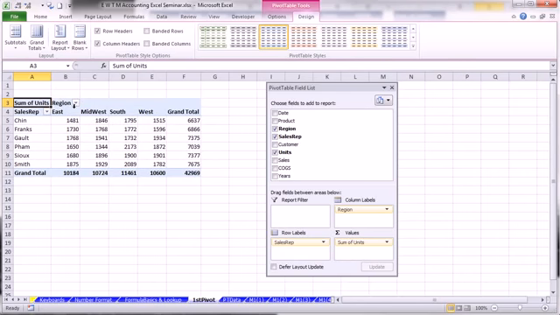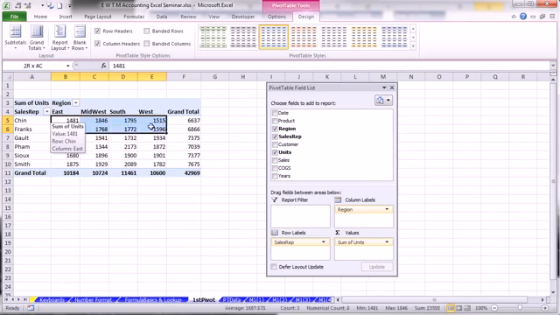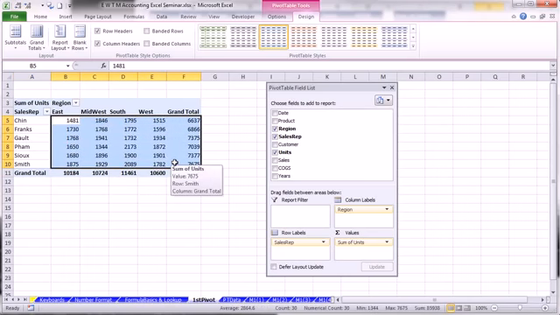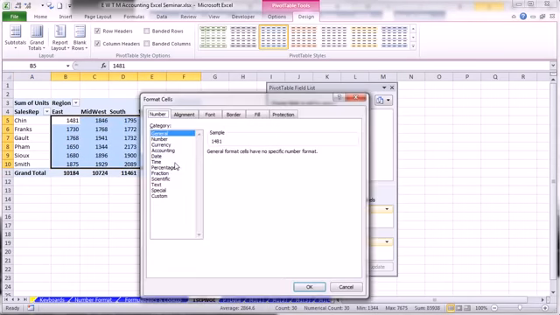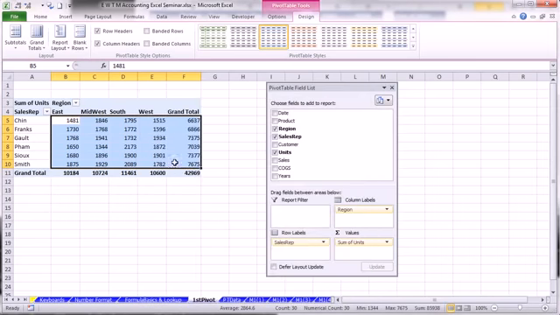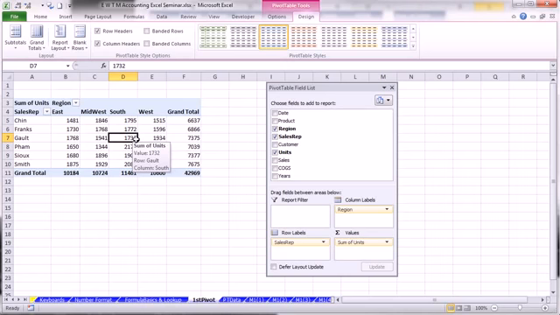We can see the field names there. Now we'll do that many times throughout this video, so we'll get used to it. But there you go. Now we have our cross-tabulated pivot table. Now, notice that we have some numbers here. If we wanted to add number formatting, we could highlight this and do Control 1, but that would format the cells only and not the actual field. So the more efficient way to do this is, and there's a few ways to access